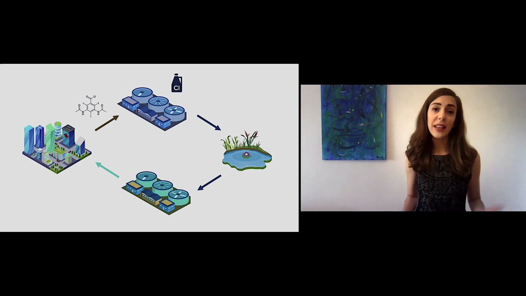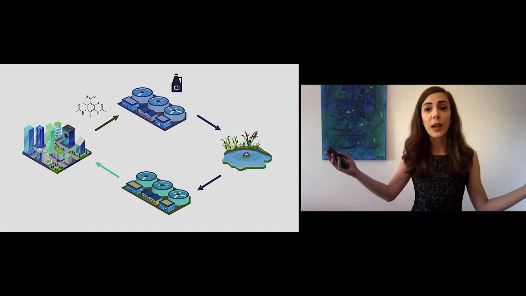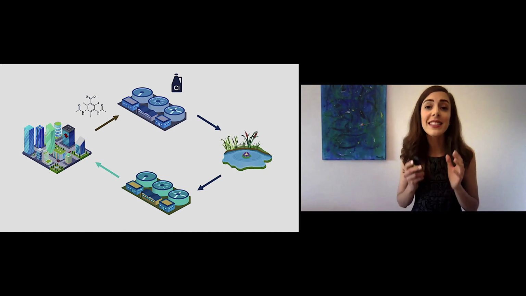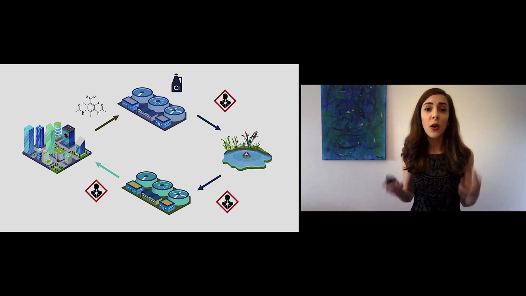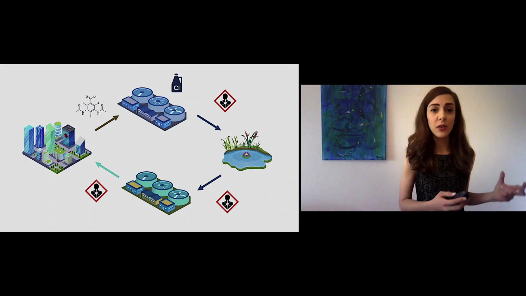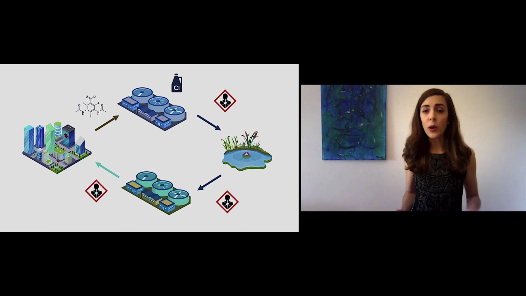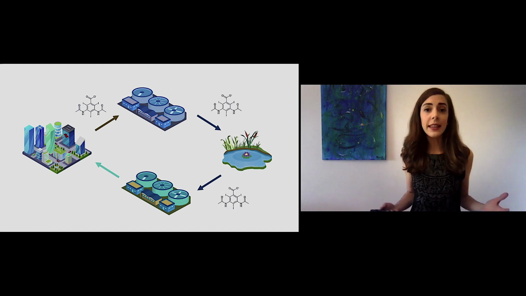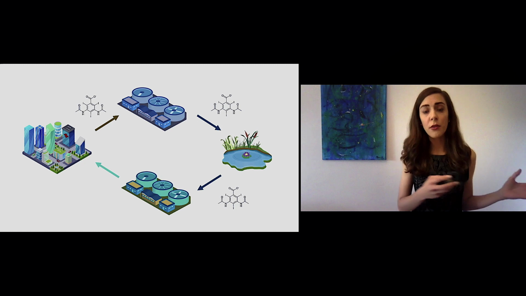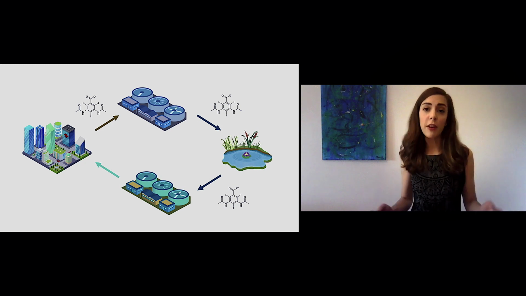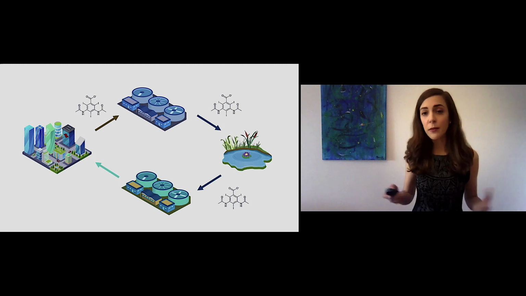Unfortunately, scientists realized that diatrizoate and chlorine react and form something that's carcinogenic. So instead of removing diatrizoate completely from water, we're producing something that's way worse. And let's say we don't want to use this chlorine. Well, in that case, diatrizoate would travel through the wastewater treatment plant without being removed and could reach rivers, lakes,